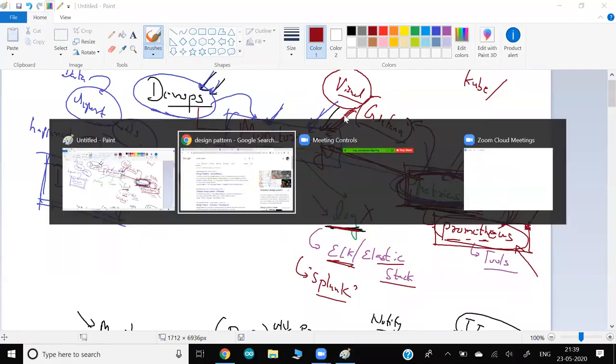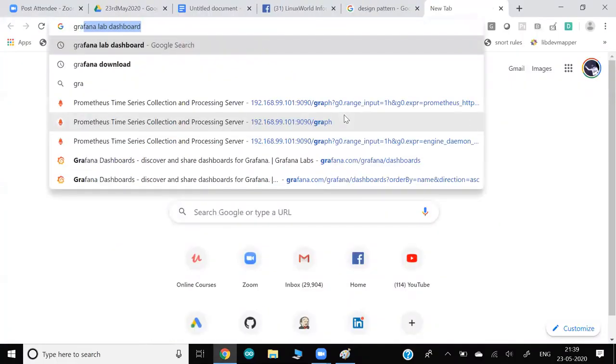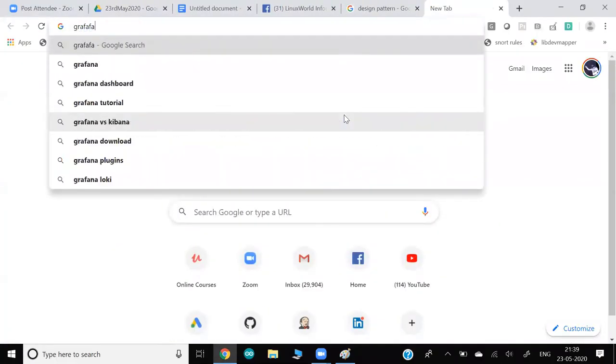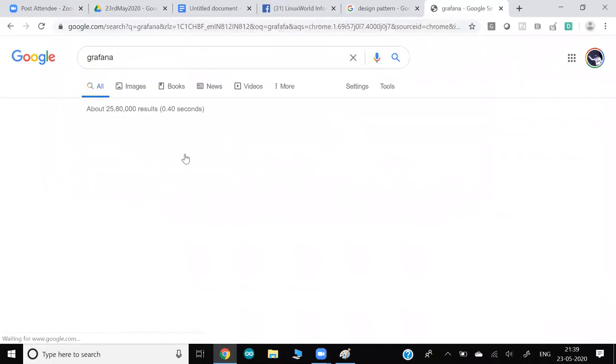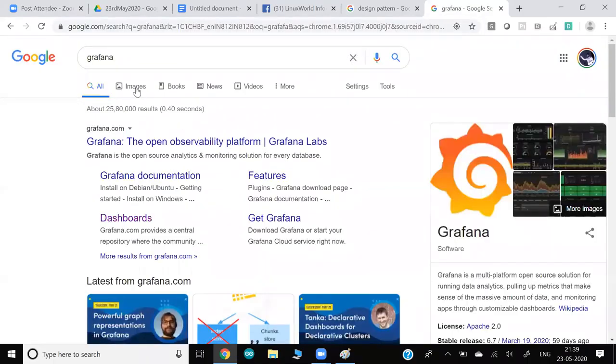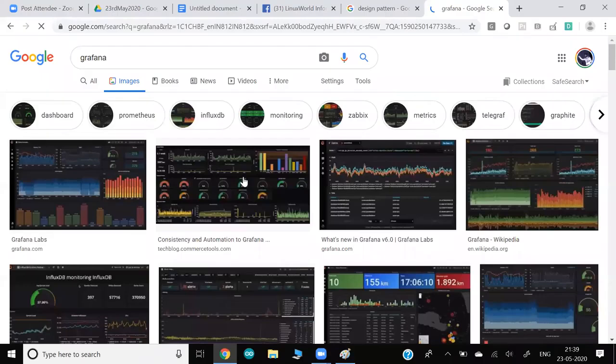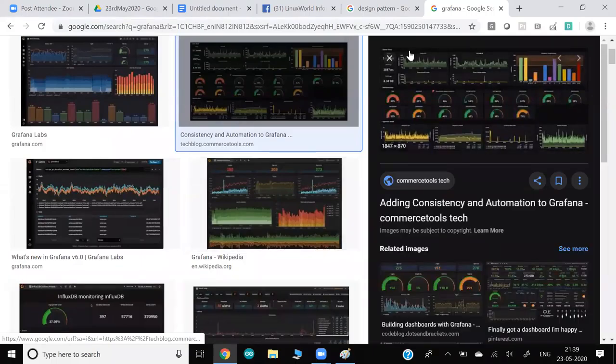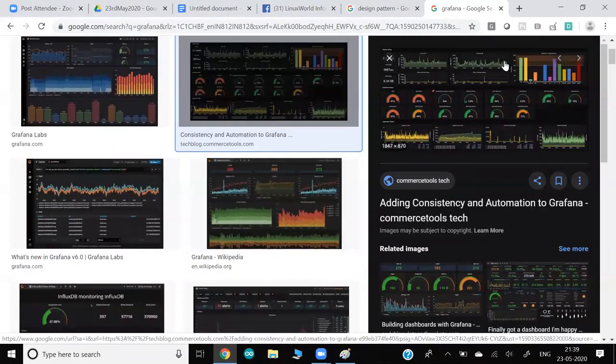So, just at a very high level, if you search Grafana and look at the images, this kind of visual you can create. This is one example of the visuals you can create in Grafana.